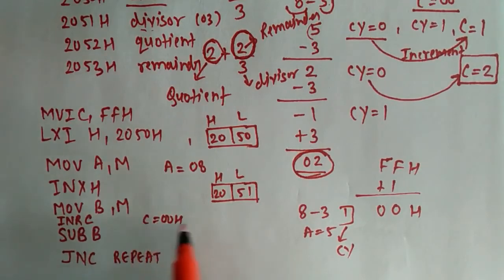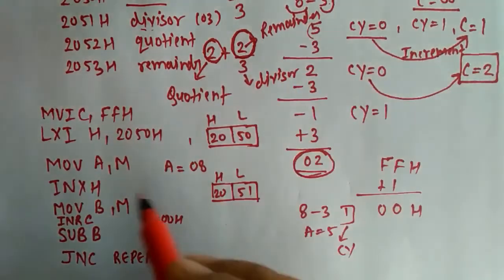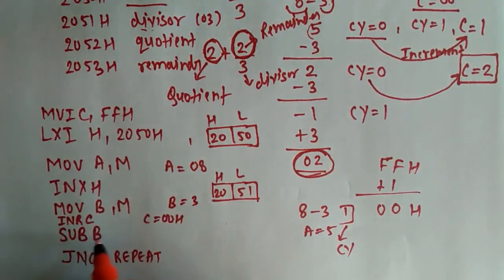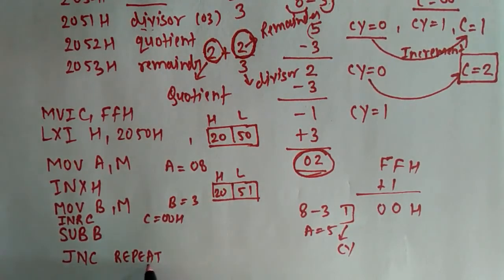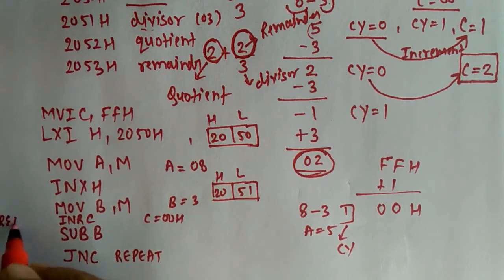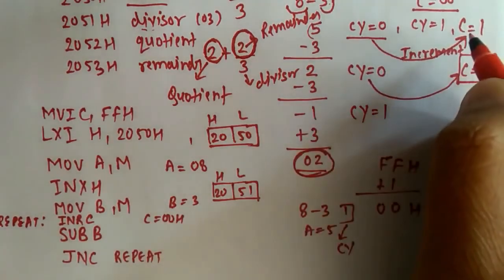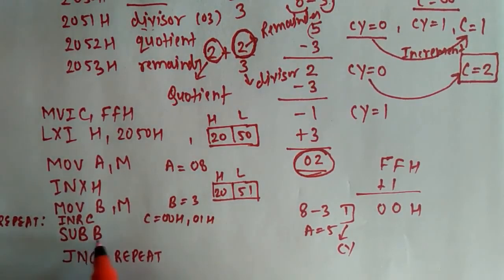Okay, so that's why we have taken FFH value in C. Now at this stage C will be having 00, and after subtracting we are going to check carry. If carry is not present there, then increment in C will occur, and for this example, we had taken 8 in accumulator and 3 in register B, and here 8 minus 3, that means 5 is the outcome in accumulator, and obviously this is a positive number. That's why this instruction will run and we will go back at this location. Okay, and here as we had to increase the content of C, that's why C is increased, and this time it will be 01H.